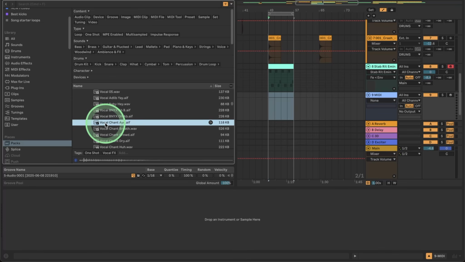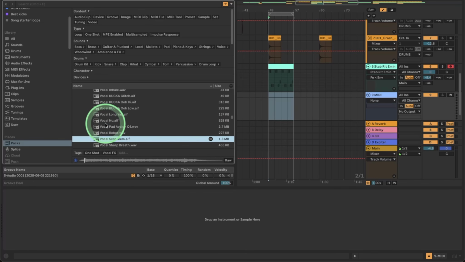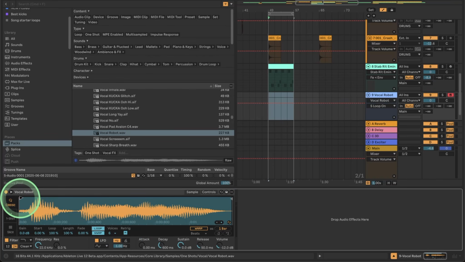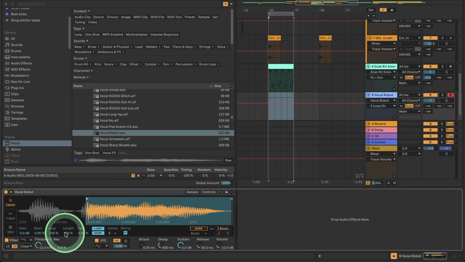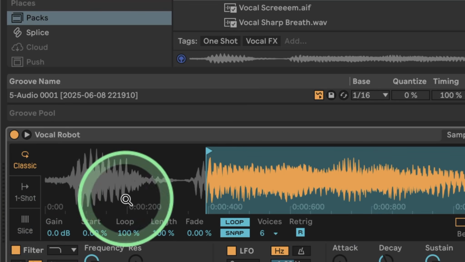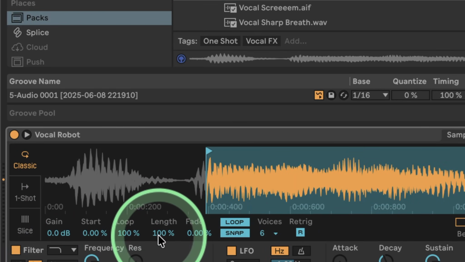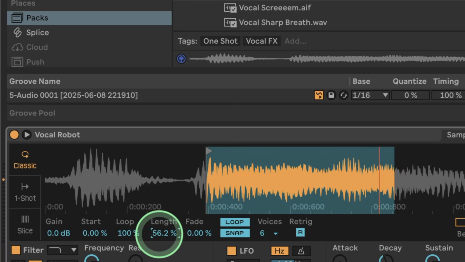We can basically find something that has got some low end energy. I found this weird vocal voice which is like, I don't know if I will, but it's got a nice kind of tone to it. For this mode, what I'm going to do is use the classic mode, and I'm actually going to loop the sample so we can get almost like a cycle, a very short loop out of this. So I'm going to go over to the length